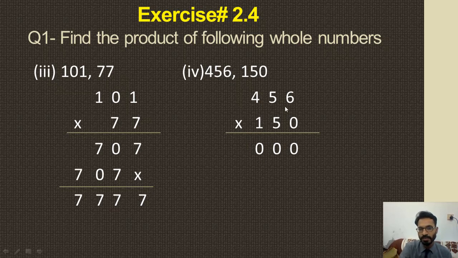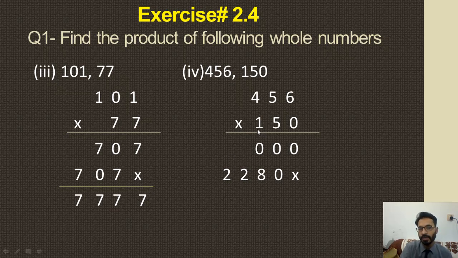Before multiplication of 5 with 6, 5 and 4, we put a cross sign under 0. After that we will multiply 5 with 6, 5 6s are 30. From 30 we put 0 under 0 and we will carry 3. 5 5s are 25. We will add 3 to 25, 25 will become 28. From 28 we will put 8 under this 0 and we will carry 2. 5 4s are 20. To 20 we will add 2, 20 will become 22. So we will write 22 on the left side.